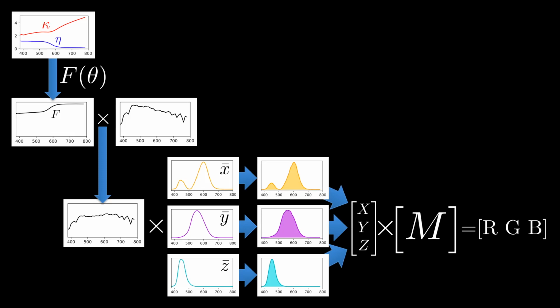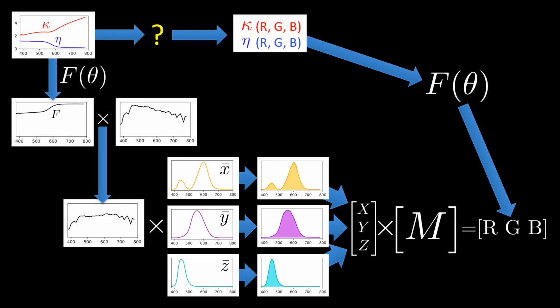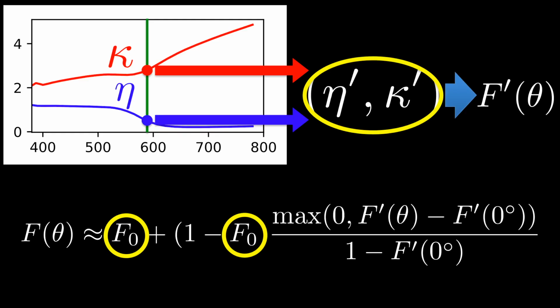But if we were to apply the Fresnel equations directly to RGB values, it would look like this. RGB eta and kappa values are, somehow, derived from the spectral ones, and then plugged into the Fresnel equations to go directly to the final RGB values. This doesn't add any correctness over using a principled Fresnel approximation like the Cook-Torrance one, rather the opposite. While Cook and Torrance were definitely onto something with their Fresnel approximation, it also requires, in addition to f0, a single complex IOR value. This is much less convenient than only using f0, and may be why this approximation did